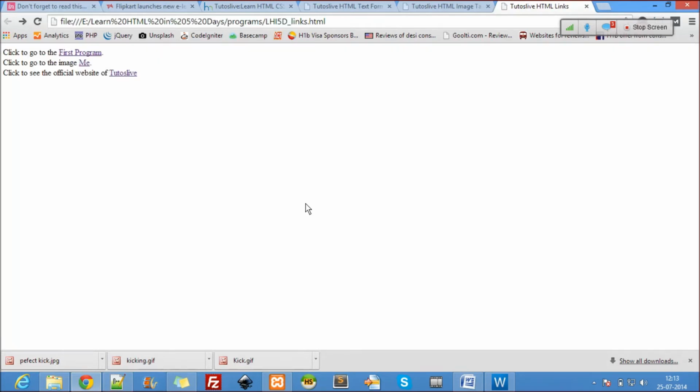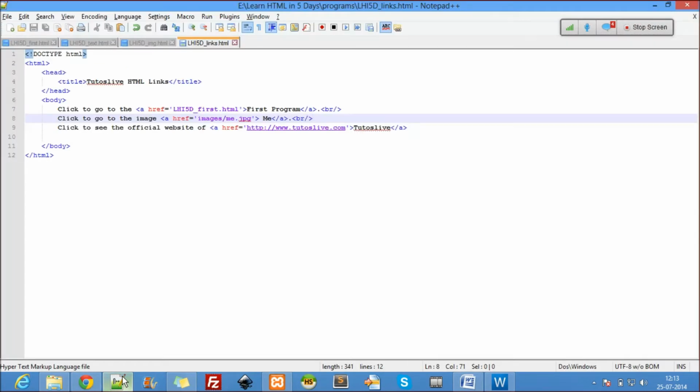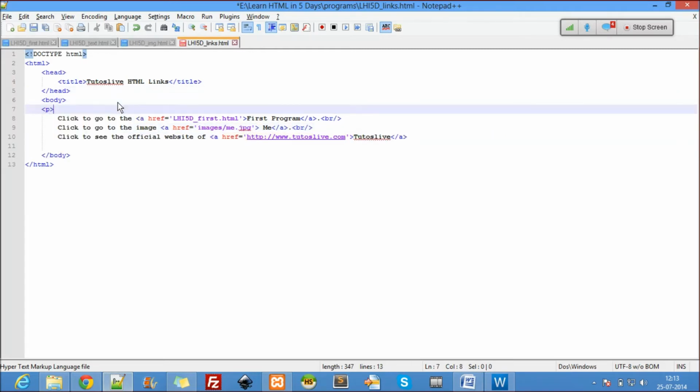Links are used to navigate me from one location to another location on the website, right? Now there's another attribute, the target attribute, if you guys could see that. So I'll write a paragraph here.